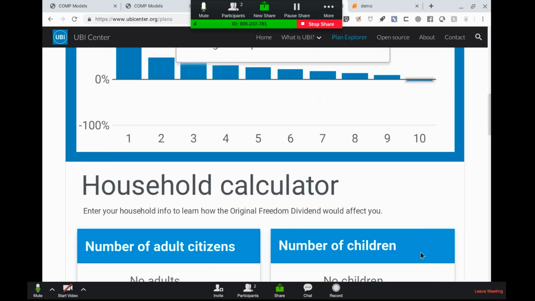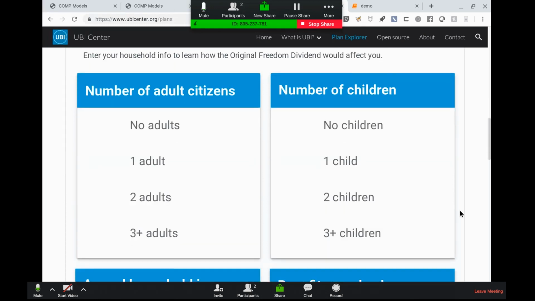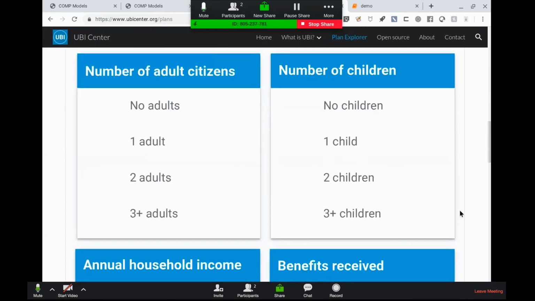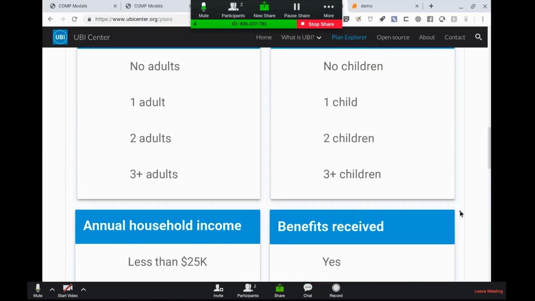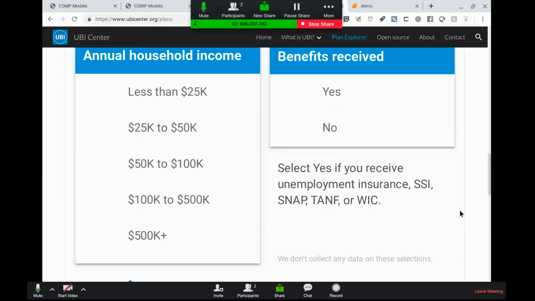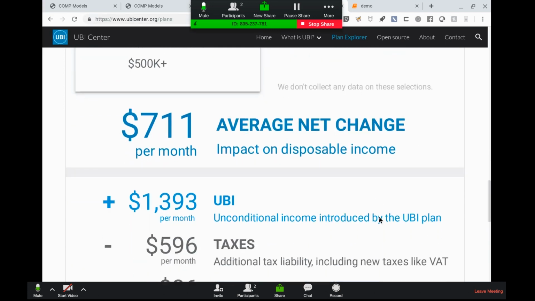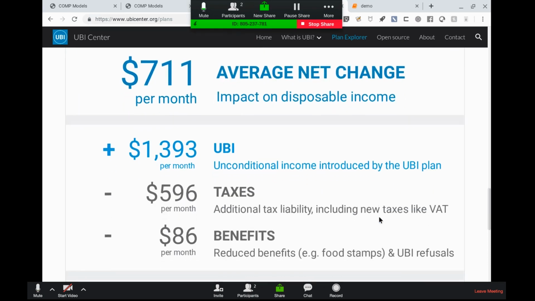And here I think is the little bit more interesting piece. So there's a household calculator. You can enter characteristics of your own household, which are really tax units, but save that for footnotes. And it will tell you the average change. So by default, it shows you the average net change for all households, which in this case is a bit over 700 more a month. And the UBI, because households have different number of adults in them, the average is about 1,400, minus some in taxes, and then people also see their benefits reduced on average, or they reject the UBI. So that's sort of this last element.